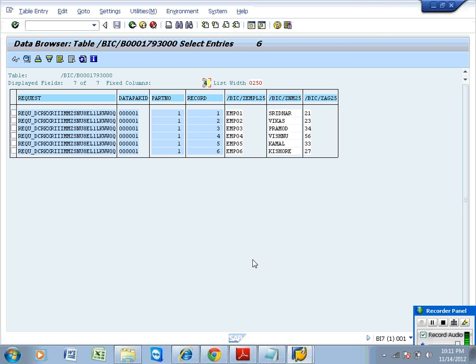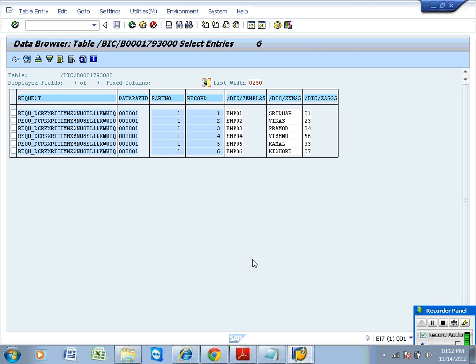Sometimes if you keep the data packet size at a high volume, then it may cut off your load also. Sometimes you need to lower the data packet size so that the amount of data transferred from the source system to the system is minimized and your load and consumption go smoothly.